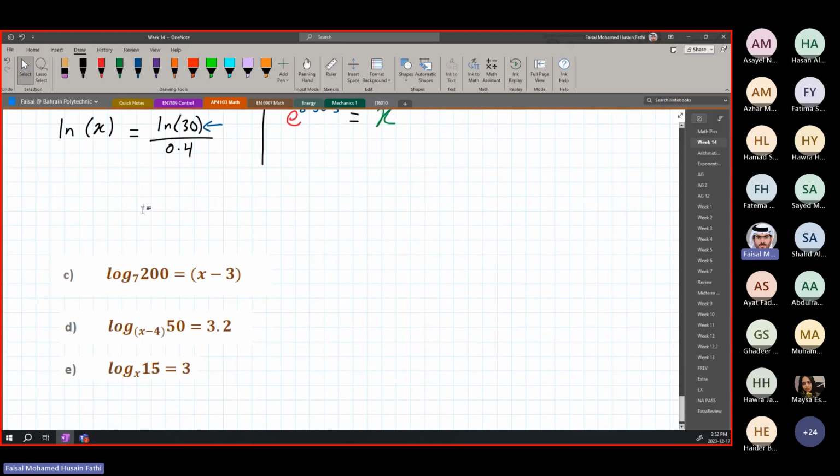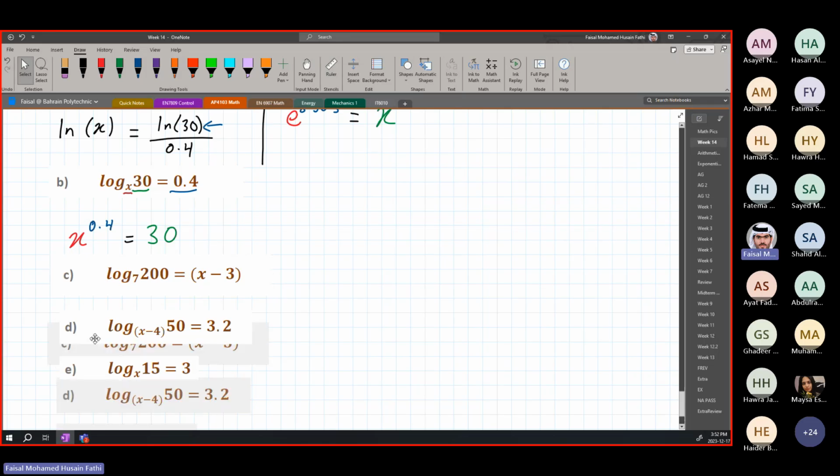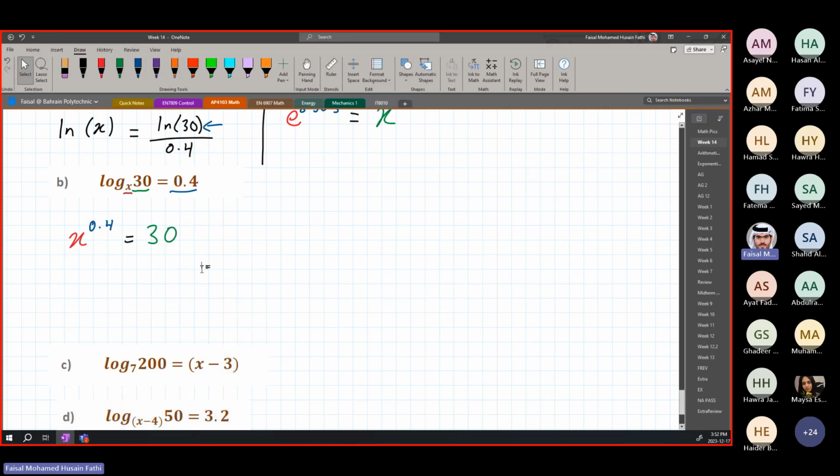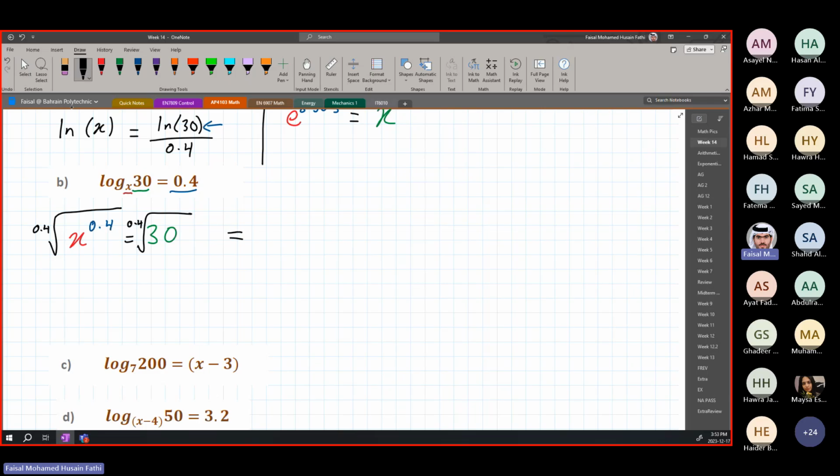You obviously know how we got this now. You know how we got the x power 0.4 is equal to 30. What can you do directly here? You can simply just do the 0.4th root on both sides, and that's it, you found your answer. So this will basically be equal to, because this is the same as this, they cancel out. If you remember from yesterday, if we have root of x squared, these cancel out, and this is equal to